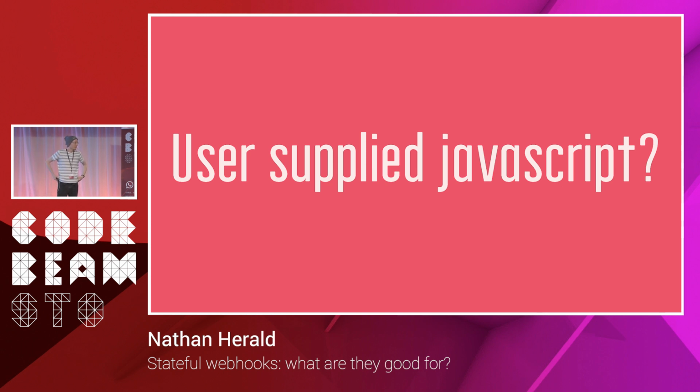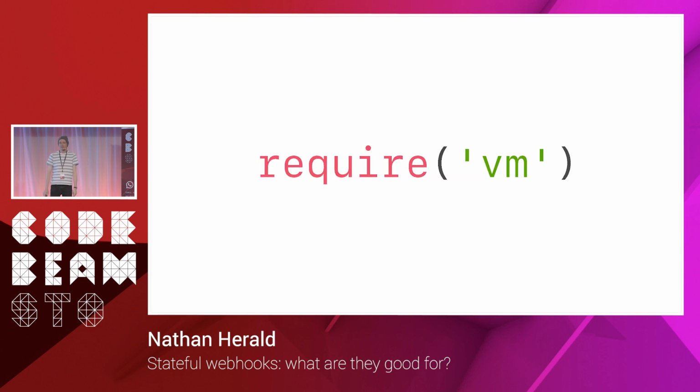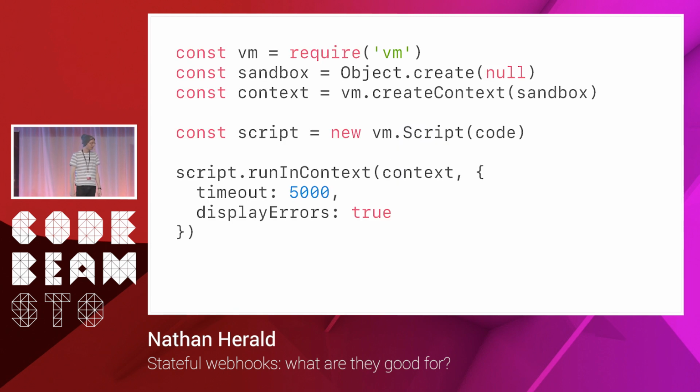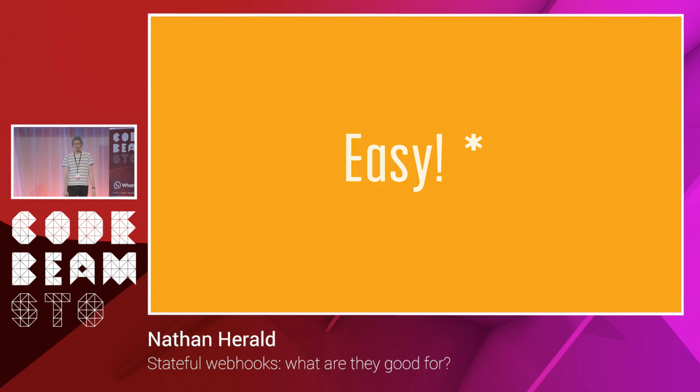And so what do you do if you want to run someone else's JavaScript? Sadly, there's a package in JavaScript called VM, right? And this is how you should feel about it. You should feel like that. It's terrifying. But you can actually create a new V8 context, compile code from a string, and then execute that code in that context. Luckily, they have a timeout, which is very nice because they can't do a while loop that just goes forever and locks everything up. This is absolutely terrifying. Yeah, so you shouldn't do it.